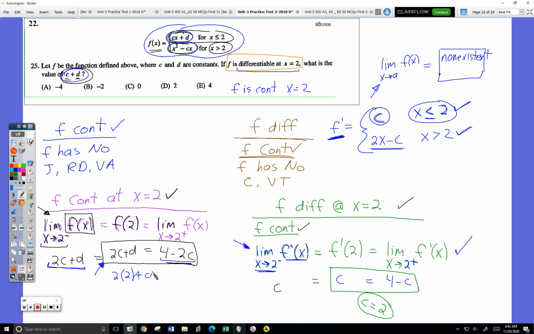Back to Lexi's comment about the limits. What we actually figure out from all that, Lexi, is that now we know the values of c and d. We could say that 4 minus 2c is actually 0, so this limit is actually 0, because the left and right limits were the same. We just didn't know that, so there was no way for us to say it. But again, that's different than the problem you were asking about. In the problem you're asking about, they actually said, go determine the limit. So anyways,